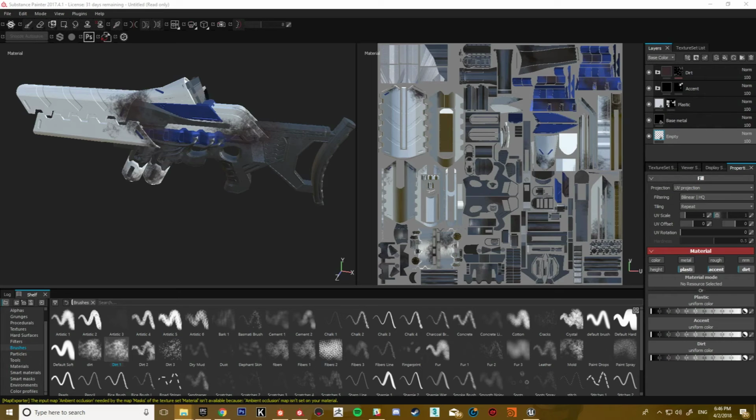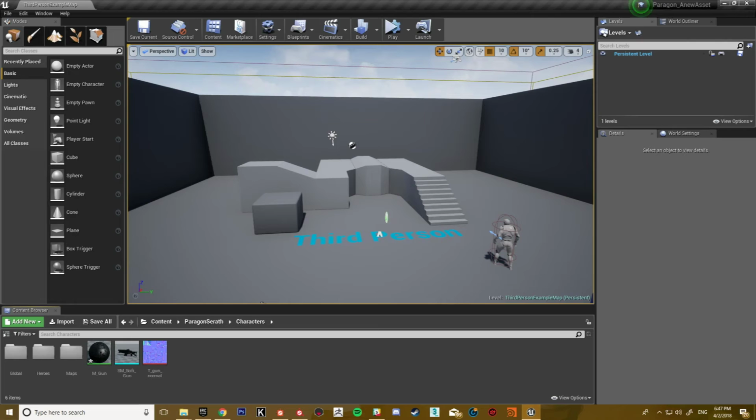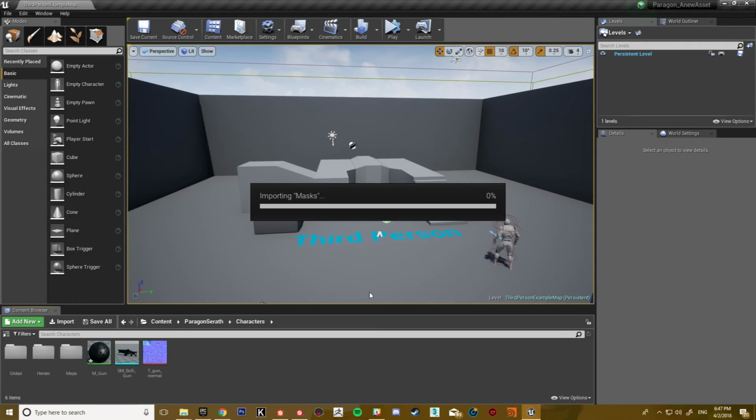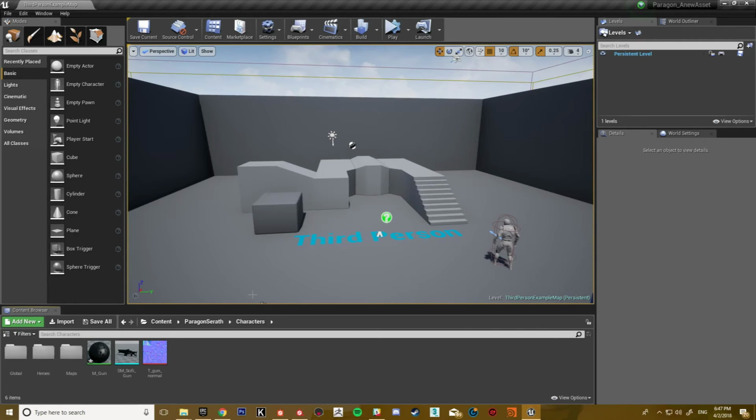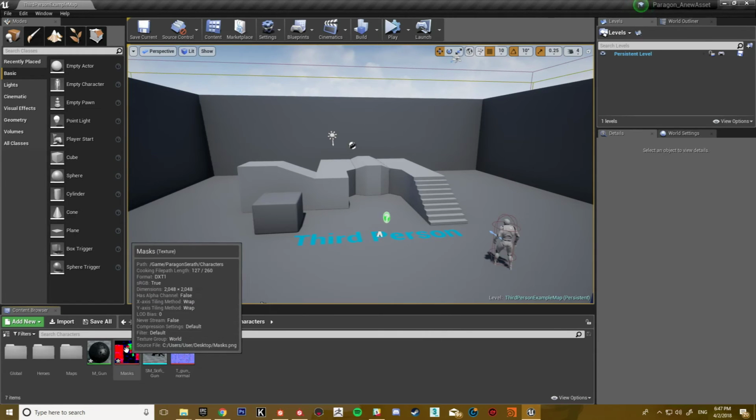This is where I realise my desktop might be a little bit cluttered. Oh yeah, found it, okay. So it just appeared around. So it's just come out of the masks. It's not used the full name that I gave it. I've already got the normal map imported, so I'm importing the masks.